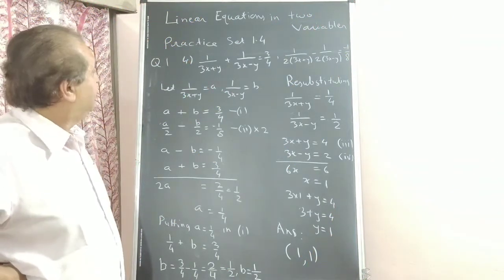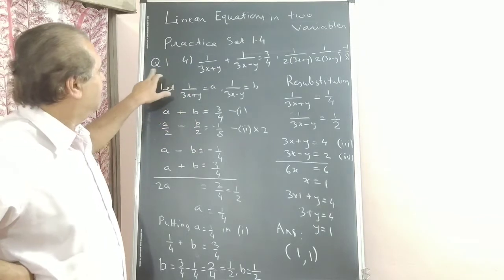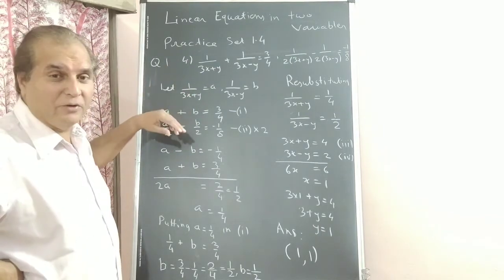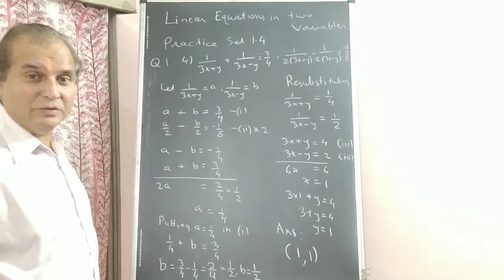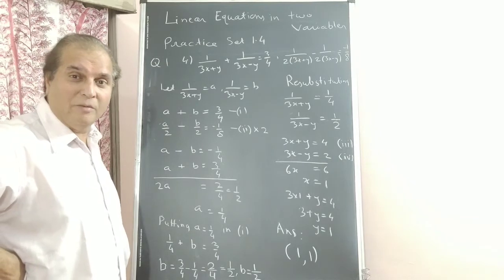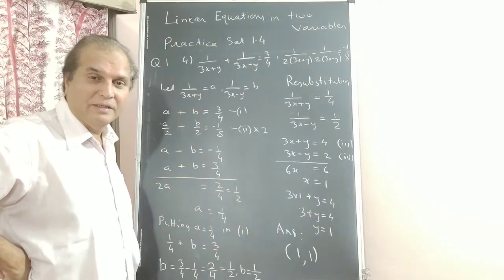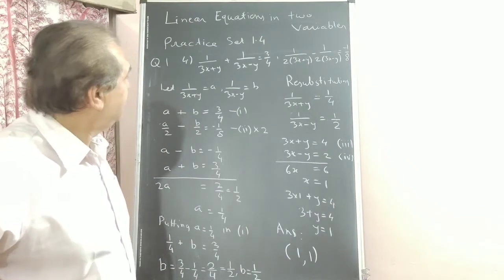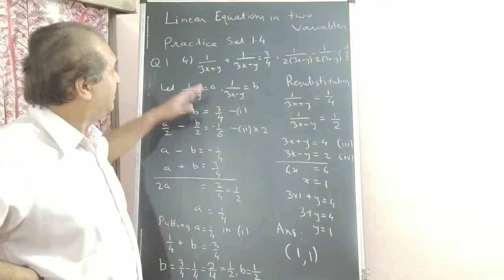See. This is a sum from exercise 1.4. There are only 4 sums. Okay? First and 4th are solved. You have to solve the remaining 2 for homework and more practice. Okay? First understand the sum properly. Okay? See, there are 4 mark sums, so you must understand properly.